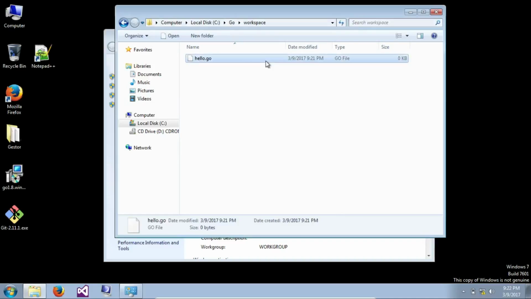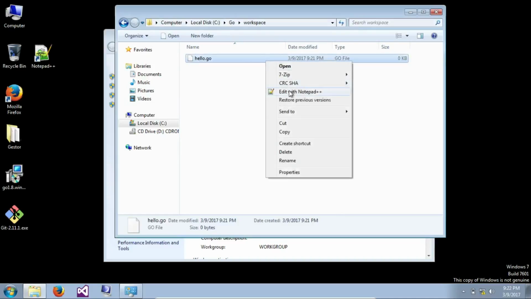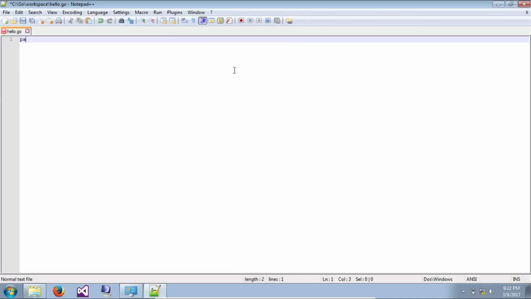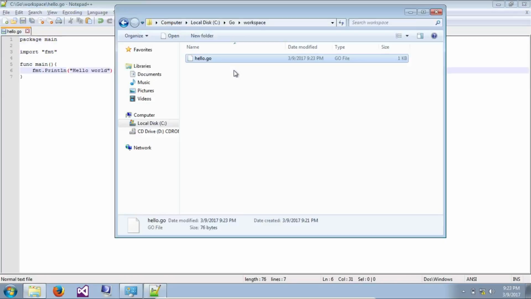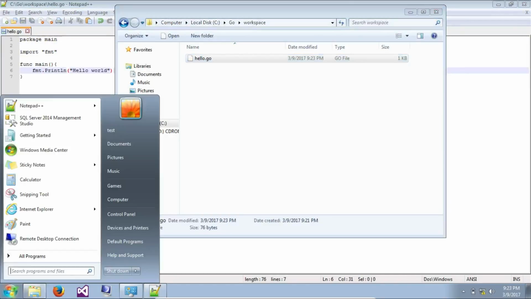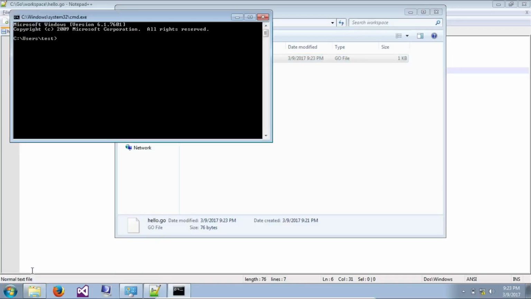I'll open it up with Notepad. So let's open up a terminal. Go run hello. It worked. So that's basically all the configuration you need to do.